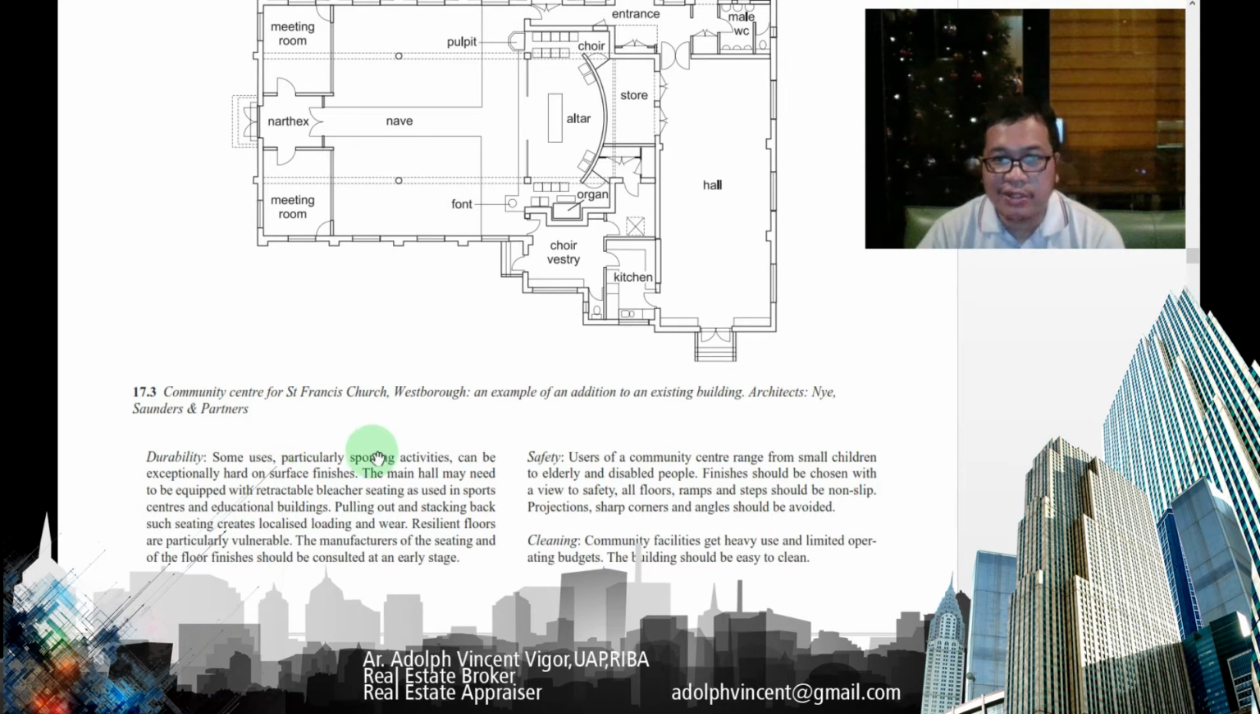So safety: users of a community center range from small children to elderly and disabled people. So I hope that you consider these groups, class, when you design. So always think that there are a lot of small children who will be visiting your clubhouse. And of course, disabled people and also the elderly. So design your spaces in such a way that you accommodate them, that they are safe, and they feel comfortable